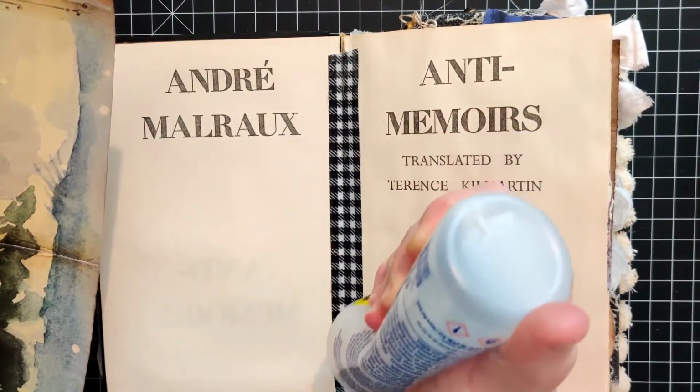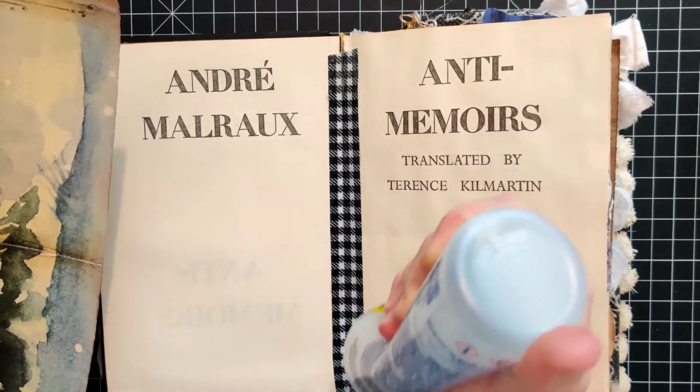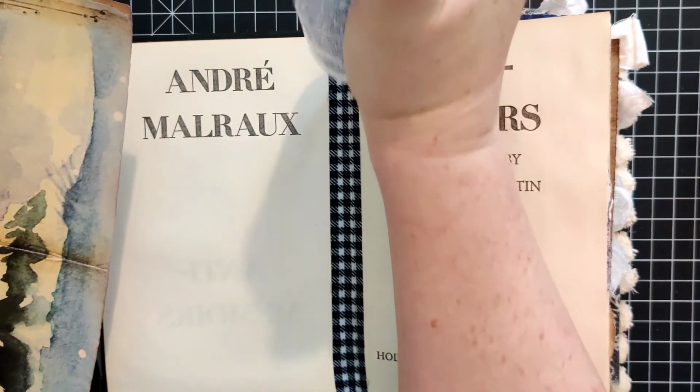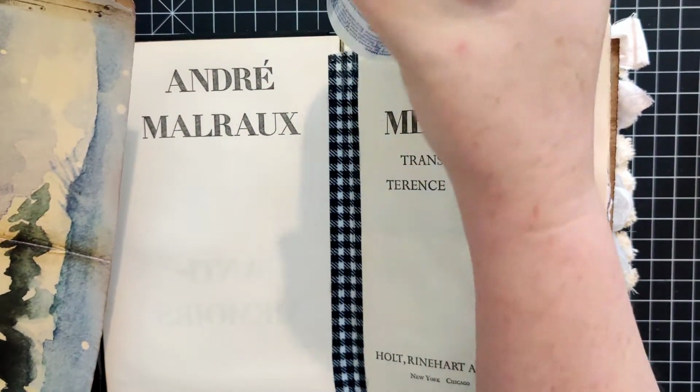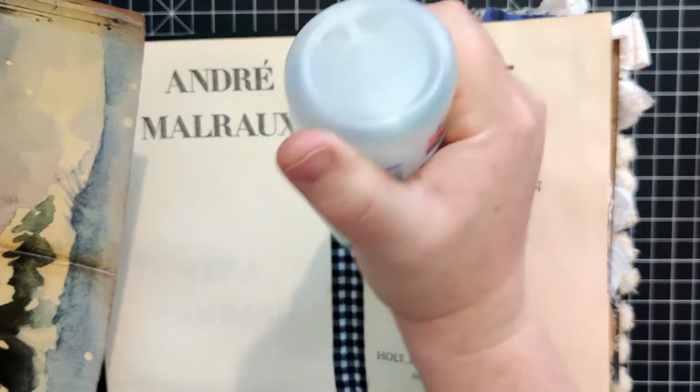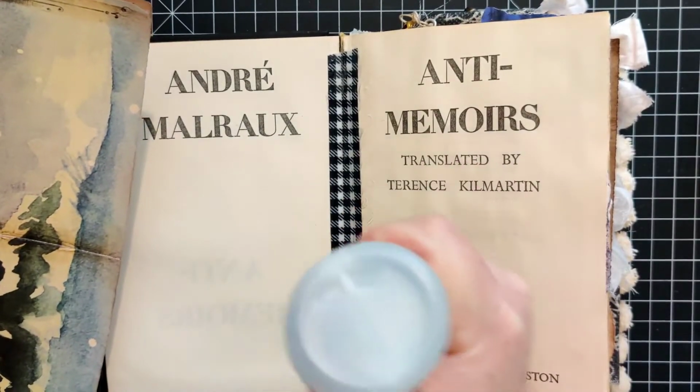This Fabri-Tac is just about done, so I've got 3 more waiting. I've been taking advantage of Christmas coupon sales and coupons and stuff. I never buy my Fabri-Tac. Honestly, I really don't buy any of my